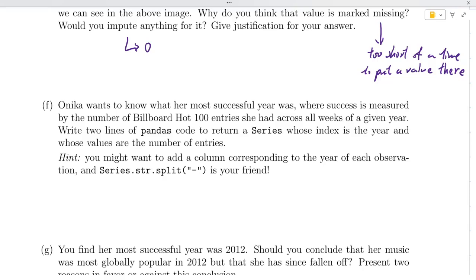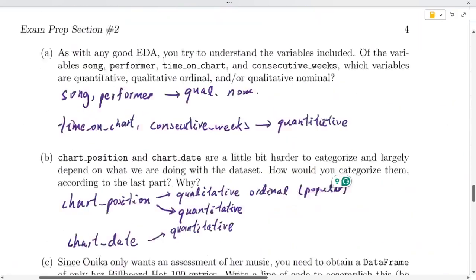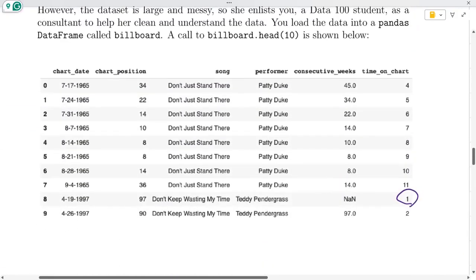Write two lines of pandas code to return a series whose index is the year and whose values are the number of entries. Now this looks like a groupby-able thing, but if we look back at the dataset, we would wish to group by something like year, but there's no column that just gives you the year, so it's a little bit tricky to do groupby year and then just .size or .count. So what we could do instead is try to create the year column,